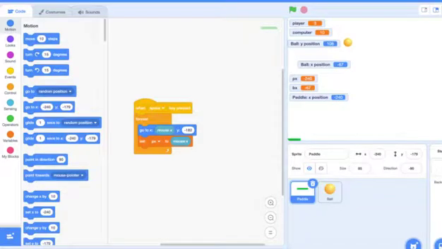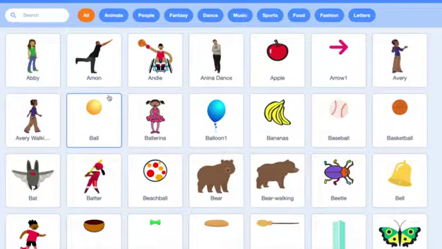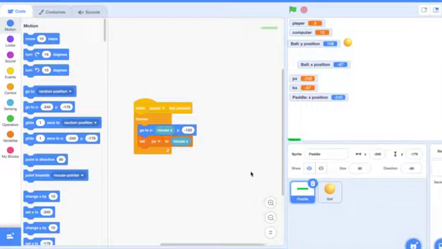Hey guys, I want you to go ahead and make a new project and call it Pong. I would like you to get these two sprites, a ball and a paddle. And if you recall, you'll get them from over here. You just click that and then you click search, choose a sprite, and you can go and get them over here. Okay, now you're going to get a paddle, you're going to get a ball, and you're going to create